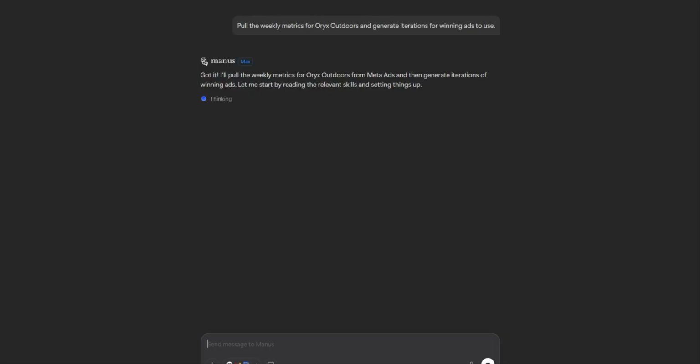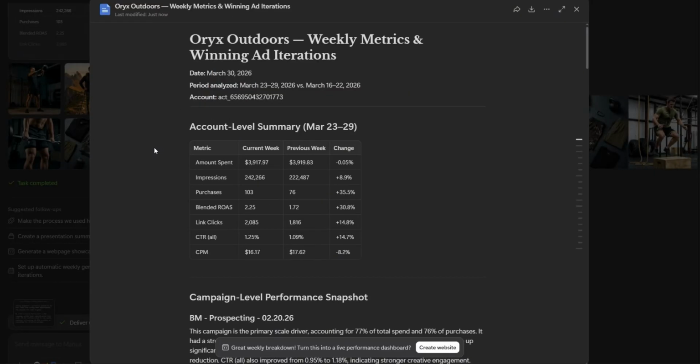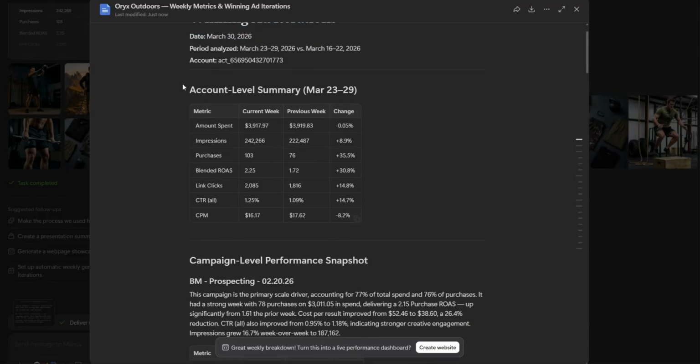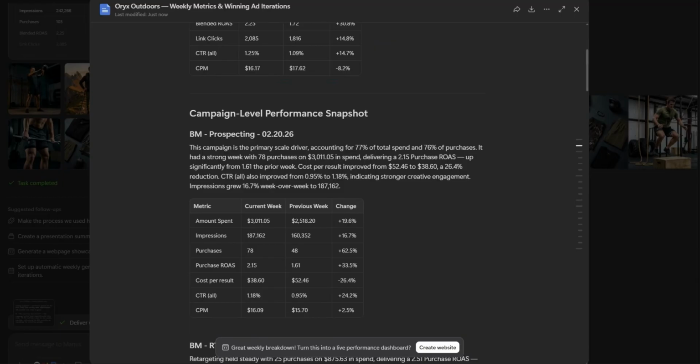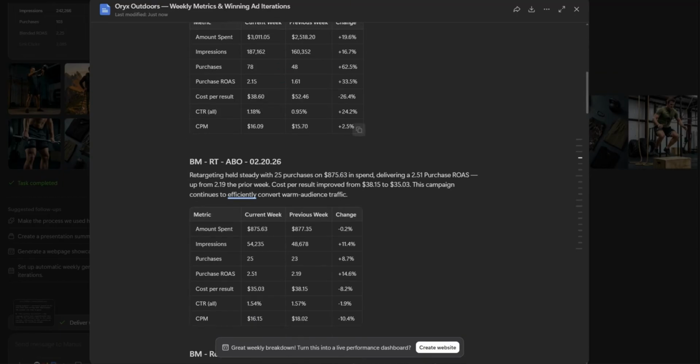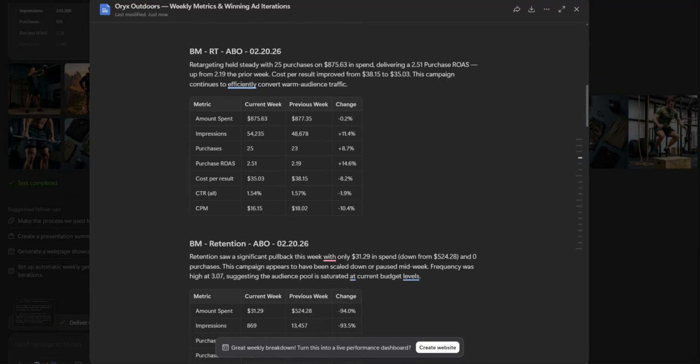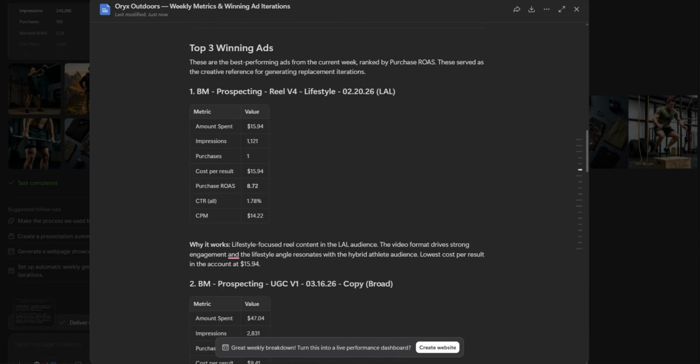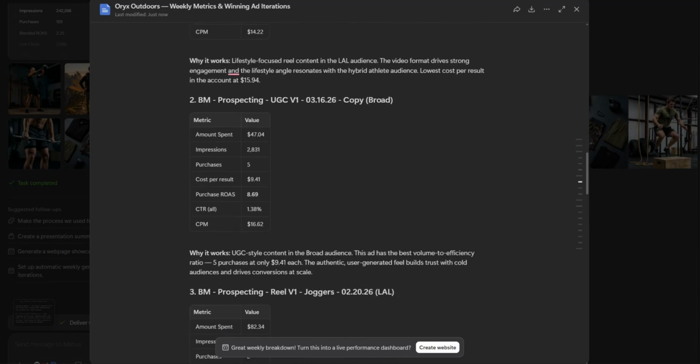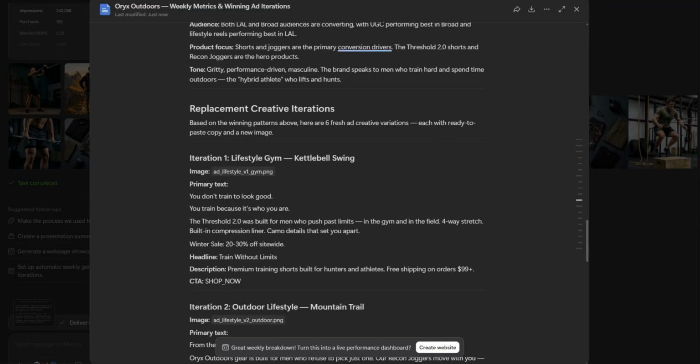This entire task would have taken a human 3-4 days to actually go through between analyzing the metrics, creating this entire report that we can then send to the client and use internally, then having a graphic designer create these images. Would have taken another 3 or 4 days, where now in a matter of minutes,